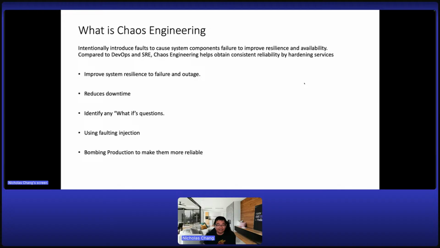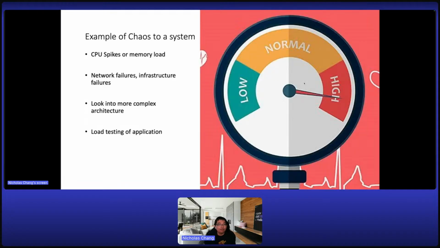And it's literally, like I mentioned before, like bombing, keep hammering production and make it more reliable for each test you run. An example of chaos engineering could be a huge spike in your CPU load or